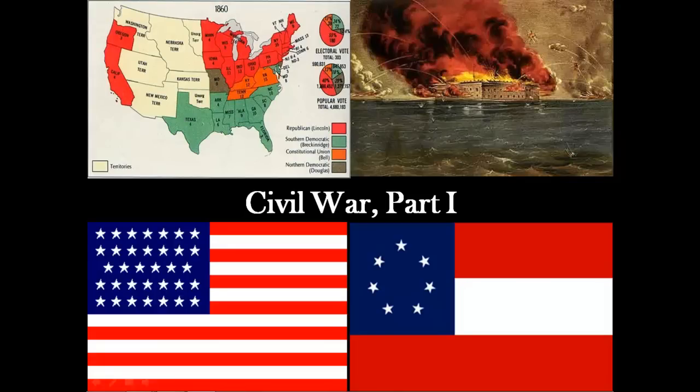Welcome to the Civil War. We will fight the war in two parts, then take two more to put the Union back together, to close out the Union. Today we'll look at the formation of the Confederacy, the first shots of the war at Fort Sumter, the first battle down the road at Manassas, and the technology that would make this the most deadly war in American history. Lincoln was elected president in November 1860.